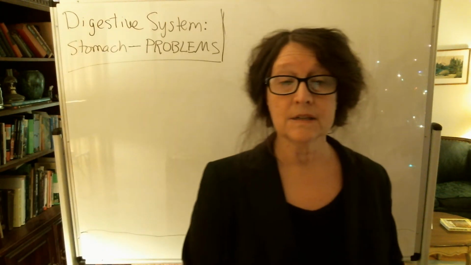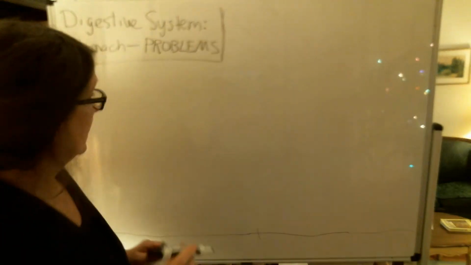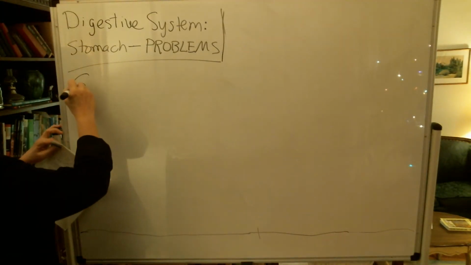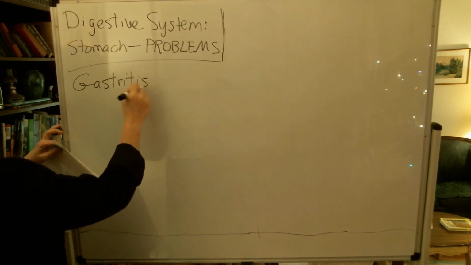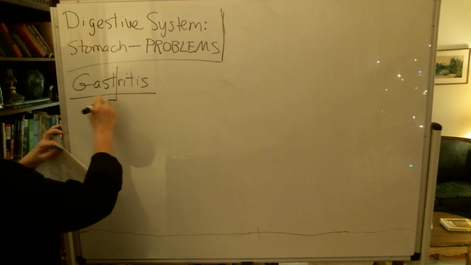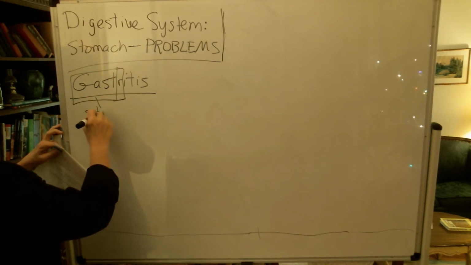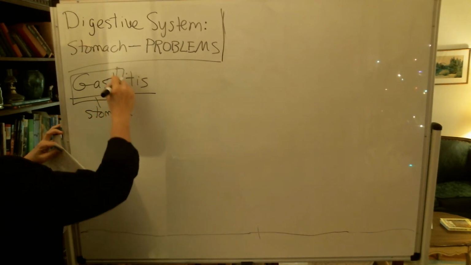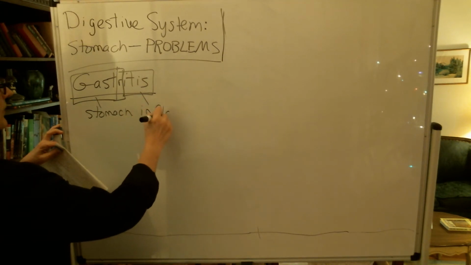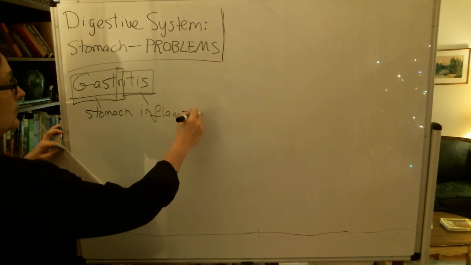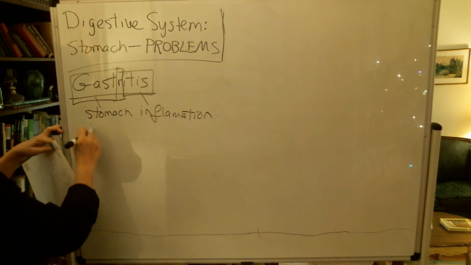This lecture then is about problems that you can have with your stomach. So to begin with then, there is what is called gastritis. And this kind of tells you what the problem is when you see gast or gaster. That's going to have to do with the stomach. Where you see itis, that basically means some kind of an inflammation, often an infection. So gastritis then is specifically